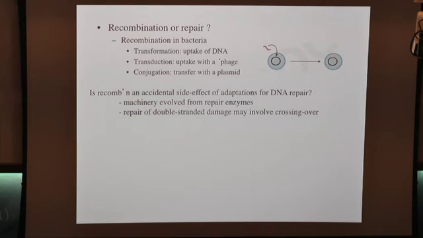So suppose we have, I'm not very good at drawing this. This is one DNA helix with a double-stranded break, and this is another one, okay, which is intact. So normally, you simply have a repair of this using the information from here. But maybe you get the production of this, okay, in the process, which is a recombinant. So maybe the repair process doesn't quite work precisely, and you get a recombinant produced. In the same sort of way, you get these sort of accidental side effects in bacterial archaeal combination.